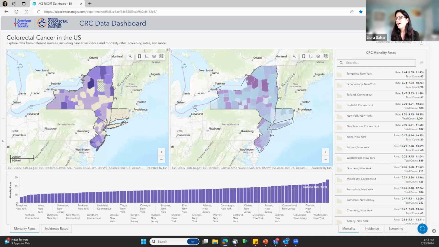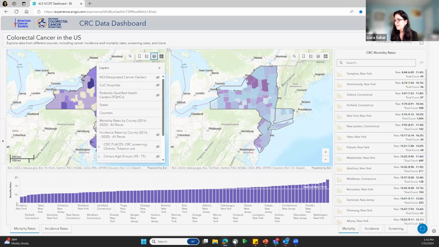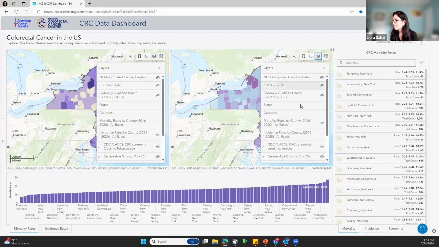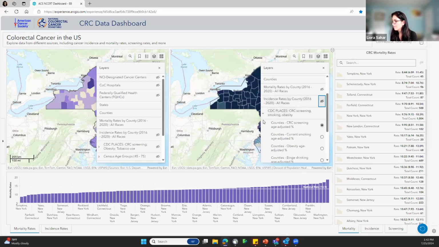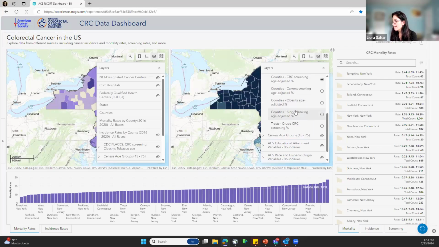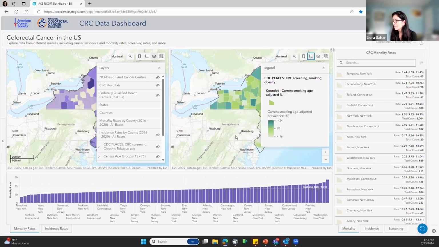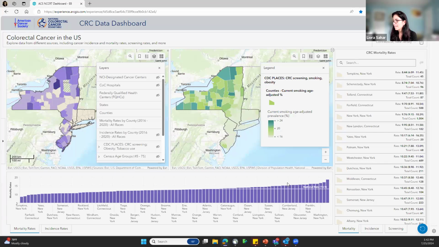Okay, so now we look at mortality, we look at incidence, and now how about we look at, for example, smoking. So let me put smoking here. So you see here CDC places, this is the source, and you see that this is toggled off. So if I'm going to do that, I'm going to remove the incidence, and now I can go and actually look at smoking. Okay, so this is smoking age adjusted, and we can see the legend right here. So you can see in the same counties here, right? We have higher